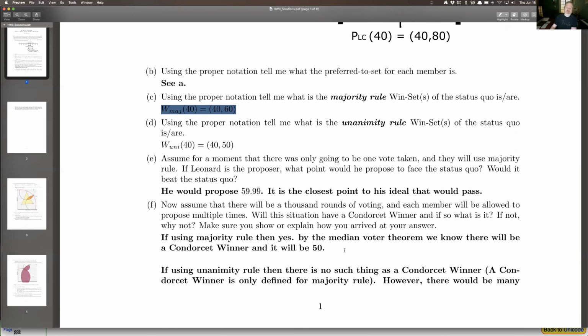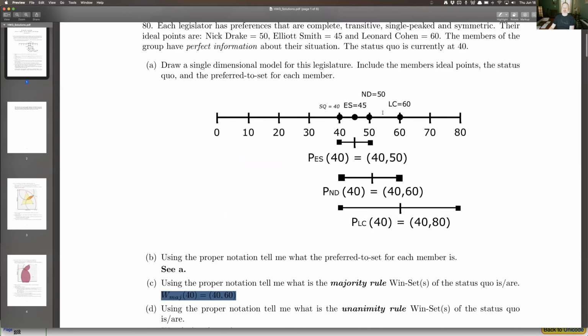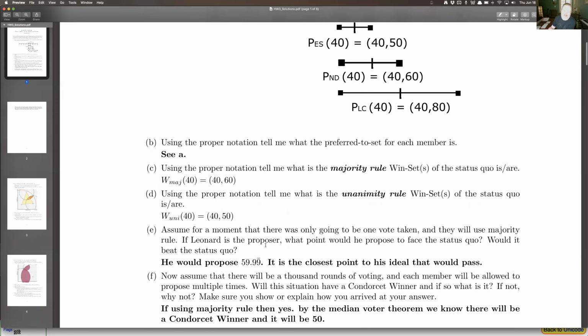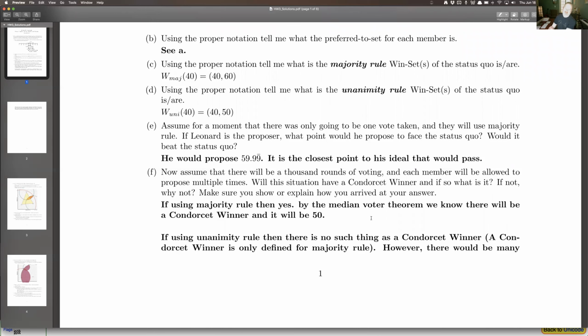We will have a Condorcet winner, and it is going to be the ideal point of the median voter. The median voter is Nick Drake. How do you find the median voter? Just start on each side and throw one person out on each side till you're left with only one person. That's going to be Nick Drake. So 50 is the Condorcet winner of this